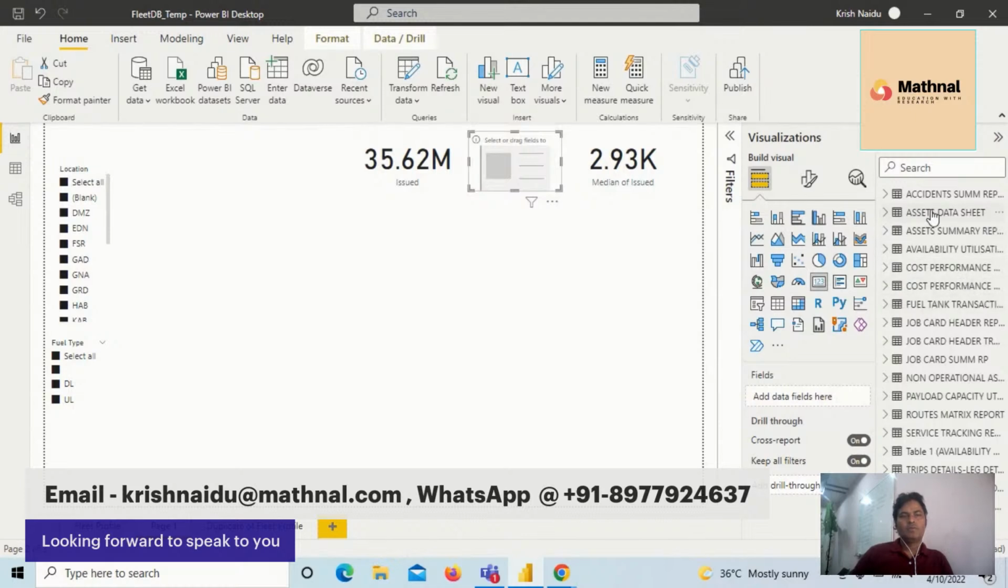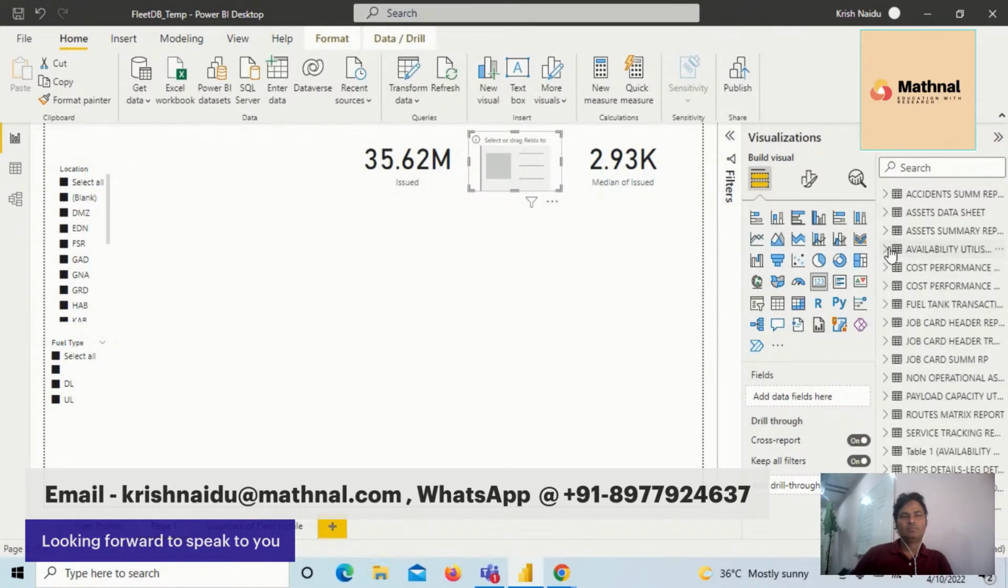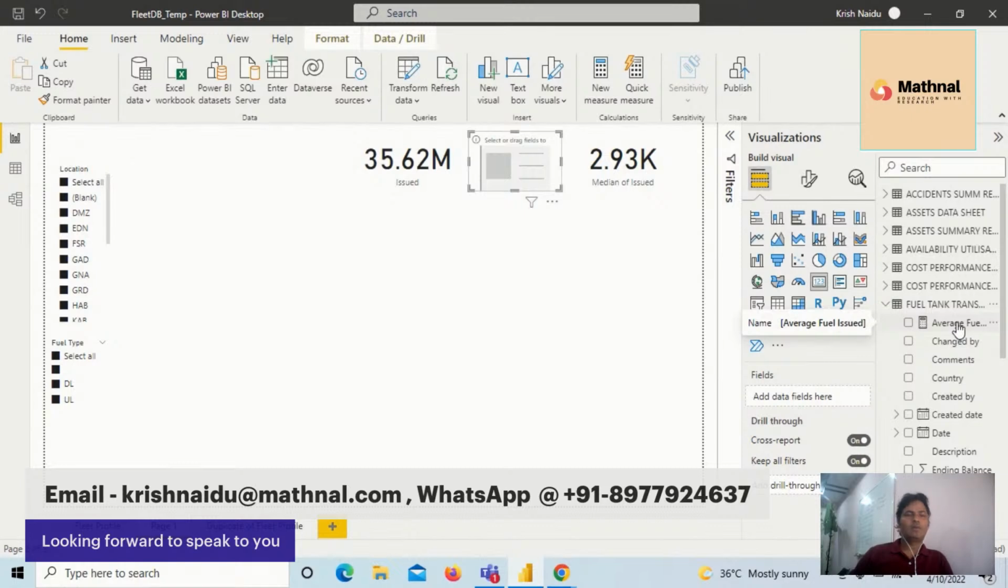So this is a function which we are going to discuss, that is called the availability utilization. So fuel transaction. Here we have a metric called average fuel. The average fuel is what we have created on the DAX. DAX is called data analysis expression, the Power BI language. So I'll just take this and put it to this particular